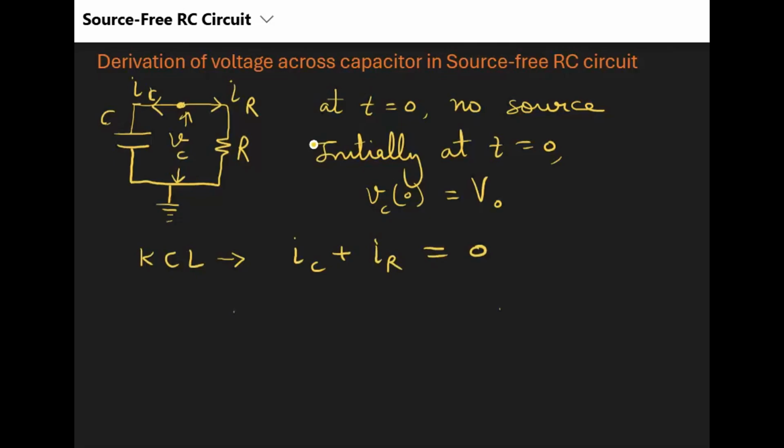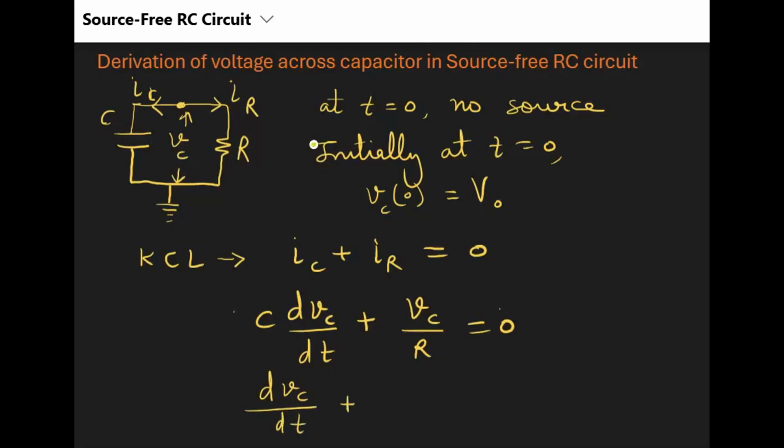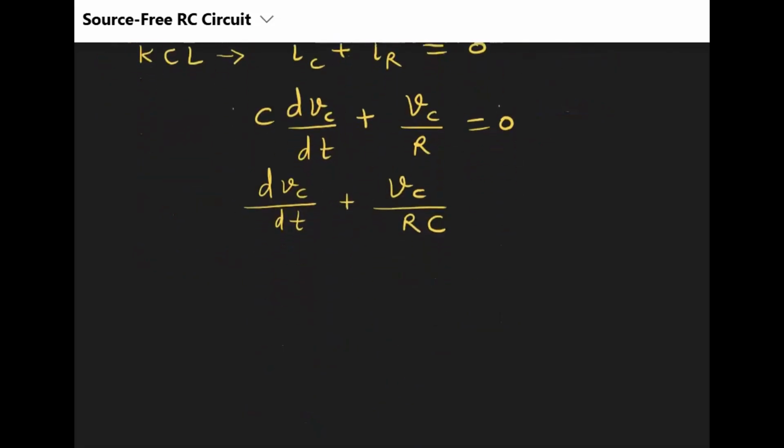The current through capacitor is given by C dVc by dt, and the current through resistor follows the Ohm's law, so Vc by R equals to 0. Divide whole equation by C, we will get dVc by dt plus Vc upon RC. Further,